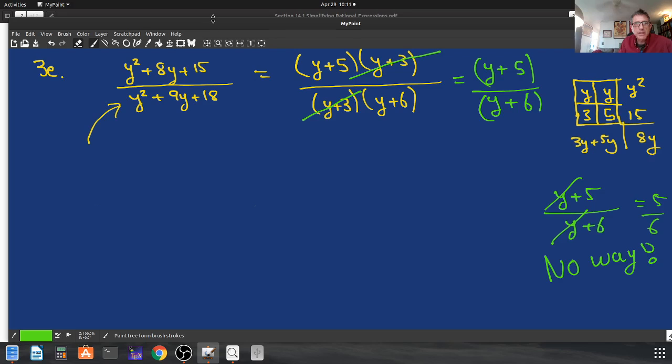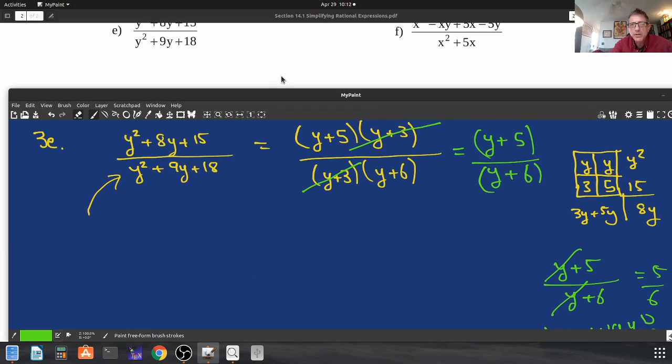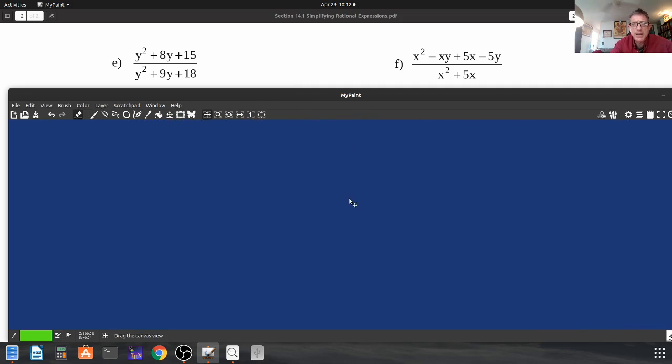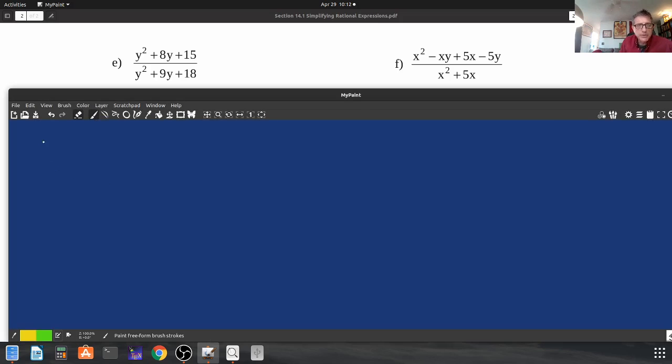So this next one is going to be one that I would not give you on an exam. It's in two variables, but we're going to do it here, and it won't be on your final exam. And if it's in your homework, it's there by mistake, but it's worth doing because we definitely have the tools to do it. So this is 3F. So the problem is the factorization